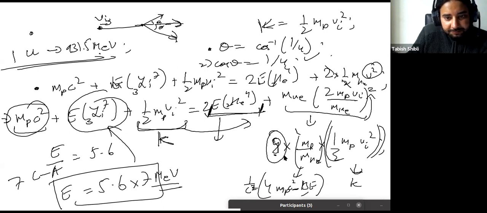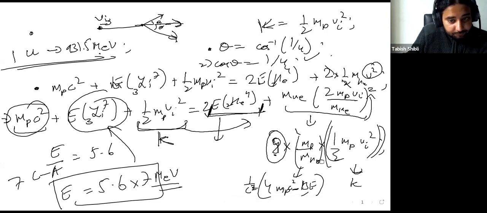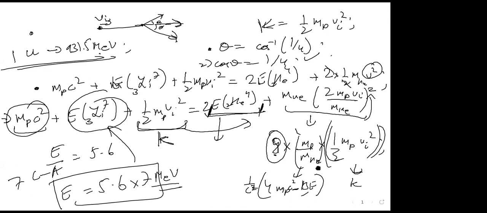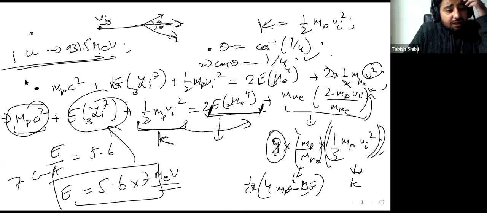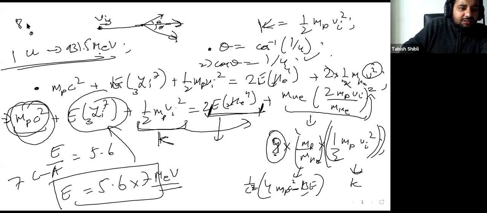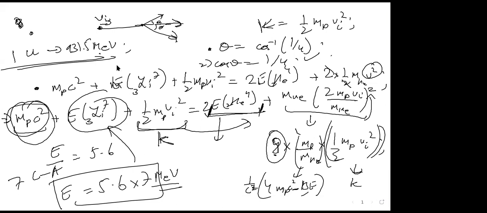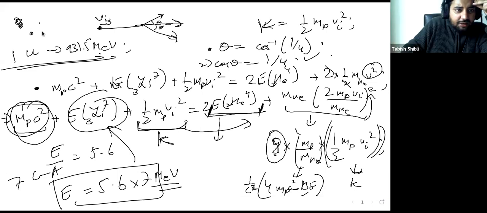So the answer, bacha. For MPC square, I got 8,444.699. 8,000, how? How is MPC square 8,000? Why? What units are you using, bacha? I did 1.0073 into... So you took the square.